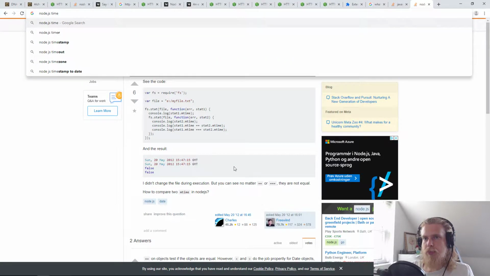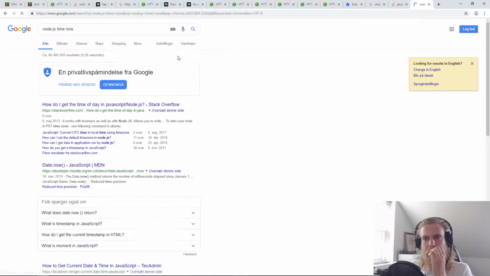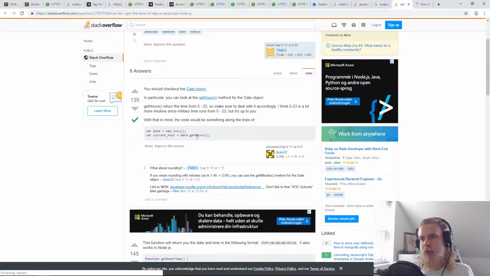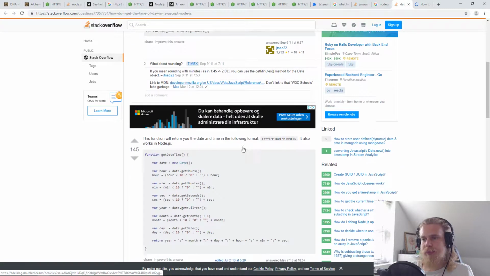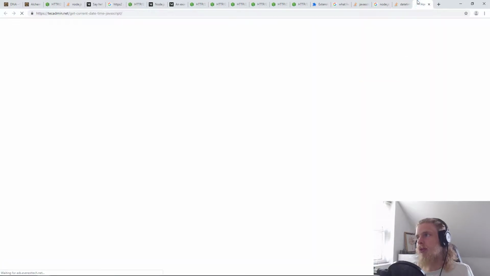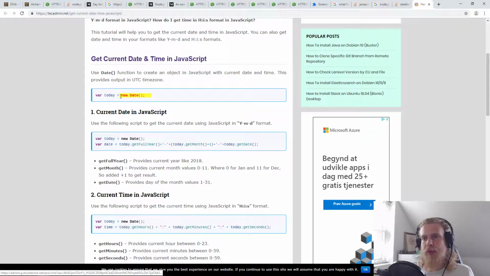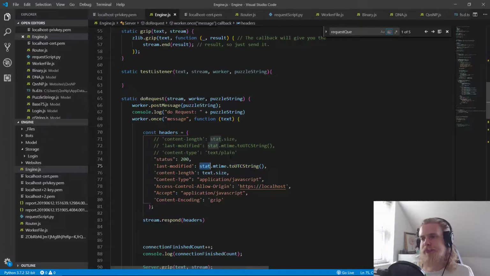Node.js time now or something. I guess I just have to send the current date, but I guess one can say, how much does it matter to send